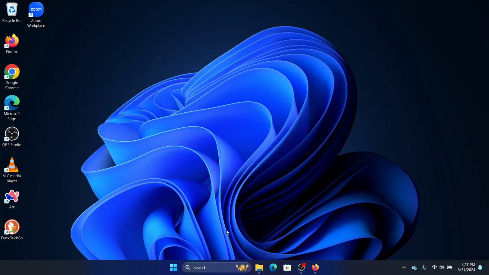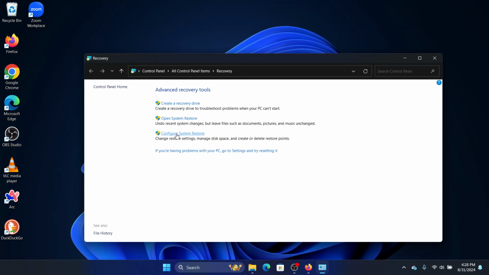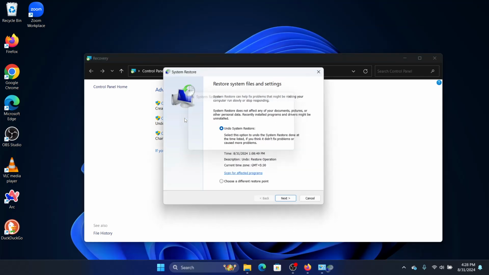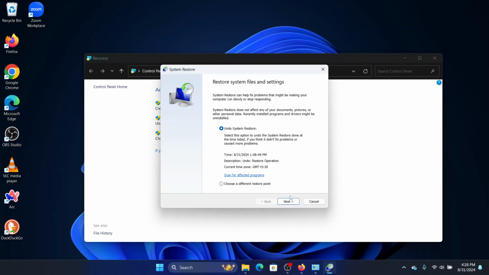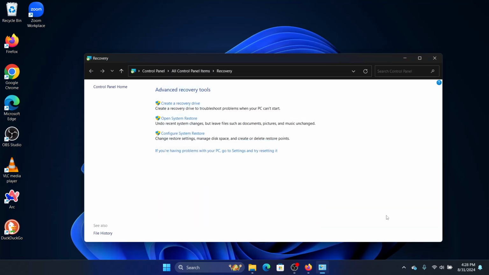So how will we do a system restore is, we will look for recovery and we will open system restore. We will click on next and we will click on finish, and this should restore the system. Now if this too doesn't work, then we need to